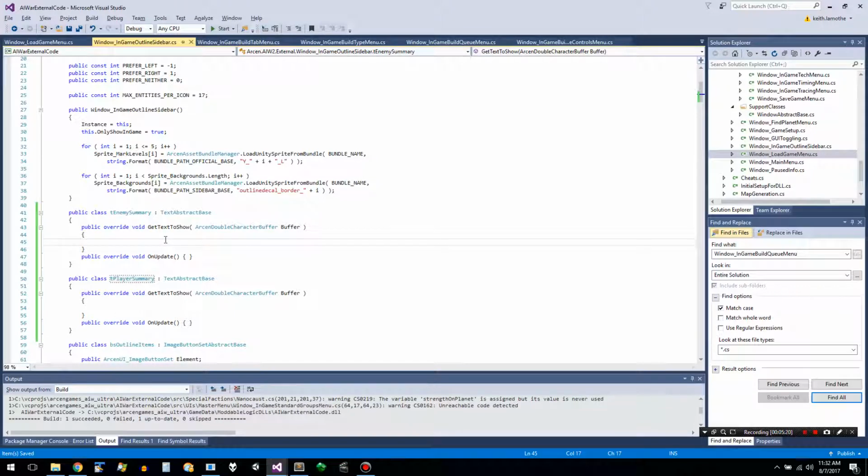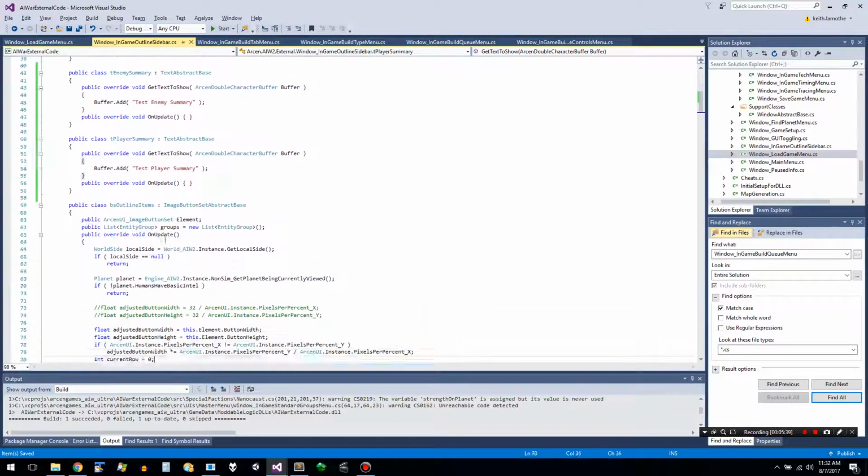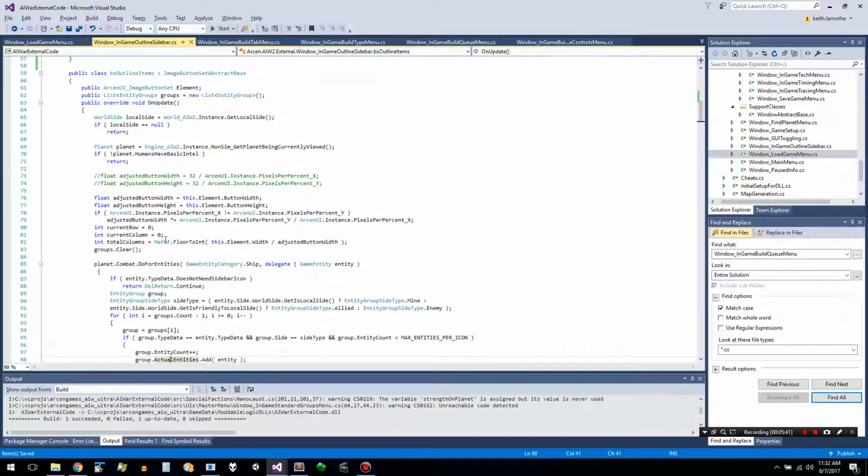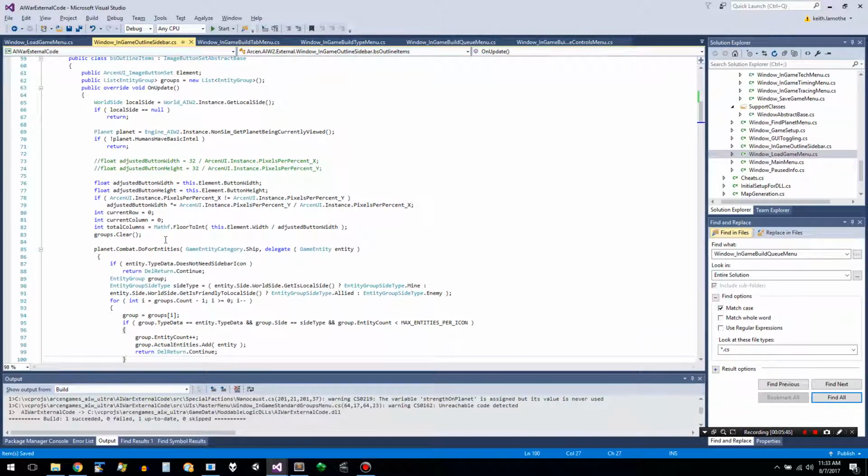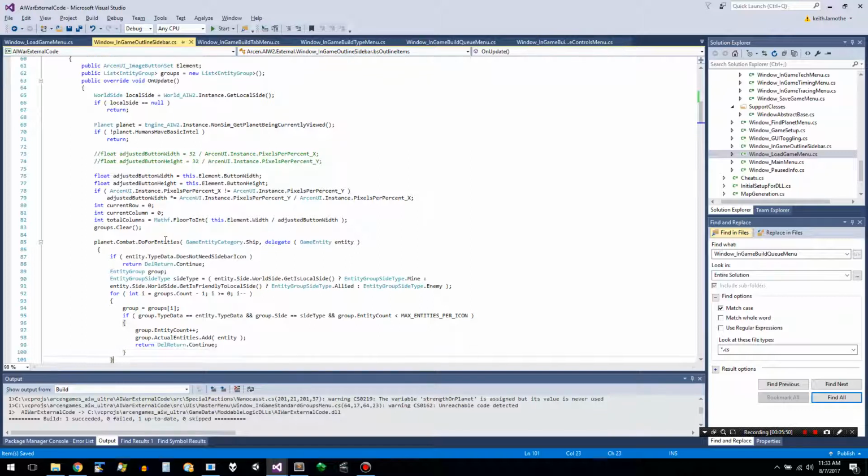Before we worry about the text, let's work on the positioning. So buffer add test enemy summary and test allies. That's what it comes out to, or no, player actually. All right, so yes, theoretically there's a third group for ally. We'll see how that works out. So, what we need to do is,